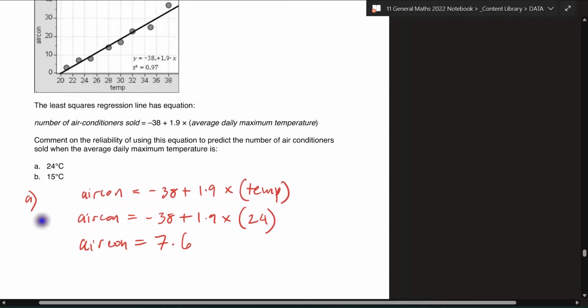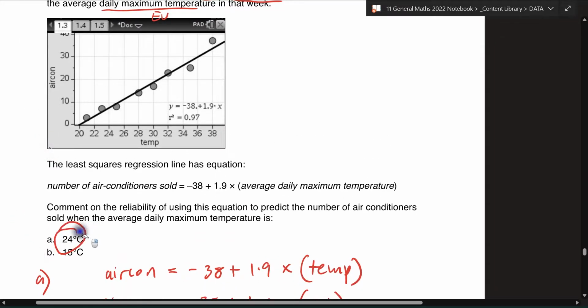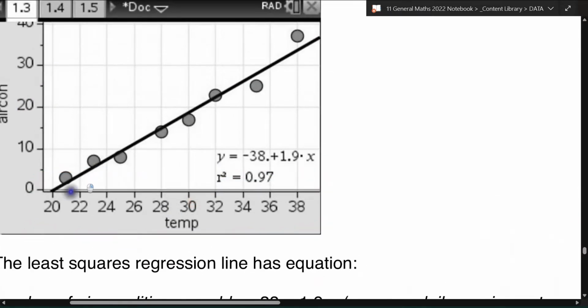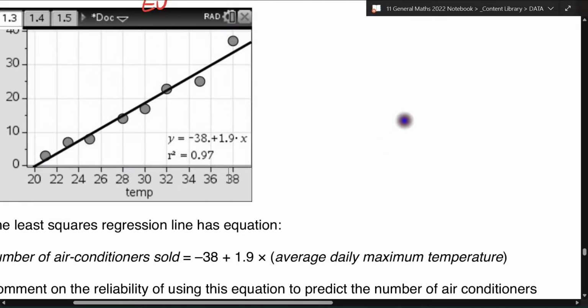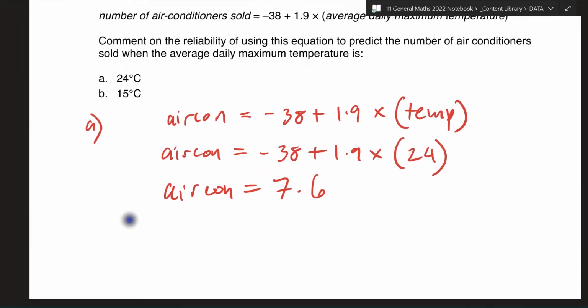What you can do is look at the graph, okay, at the prediction of 24, and have a look at the temperatures. Does 24 lie within the range of the temperatures? So you can have a look. The lowest temperature here, according to the dots, is about 21, and the highest is 38. Does 24 lie within there? It does. So that means that this prediction of 7.6 aircons is going to be accurate. So you would say the prediction